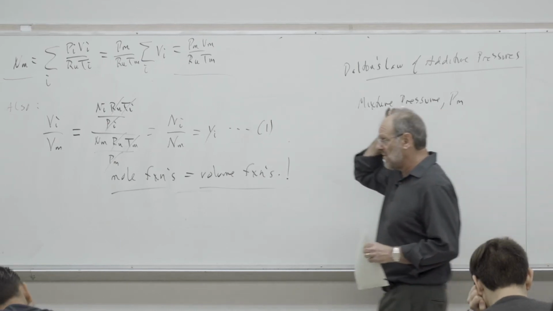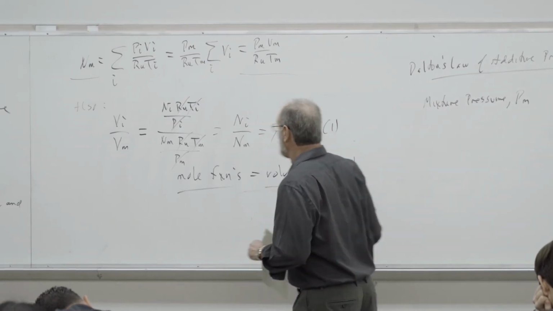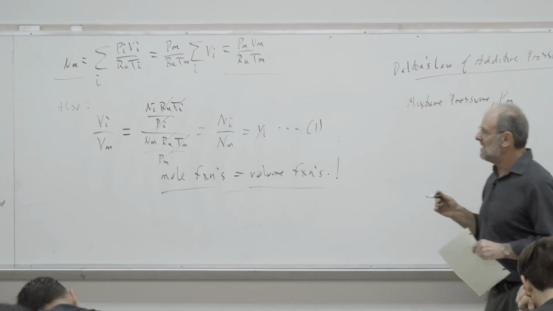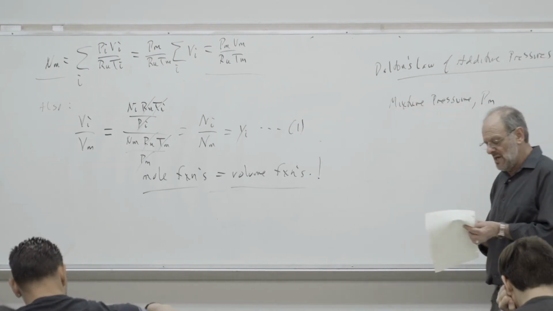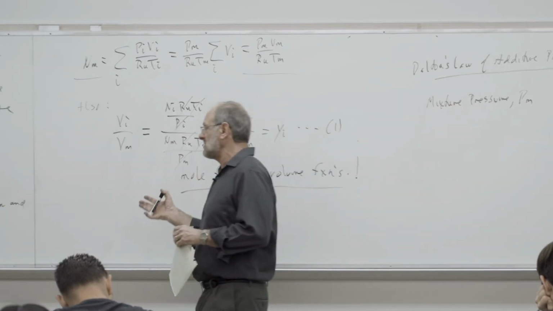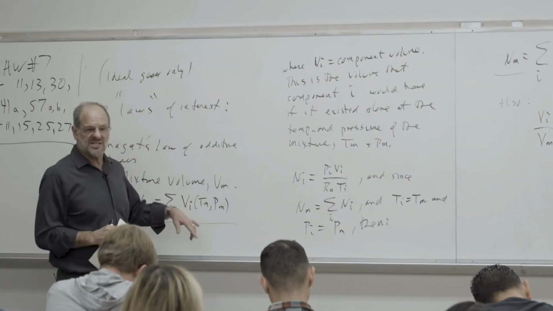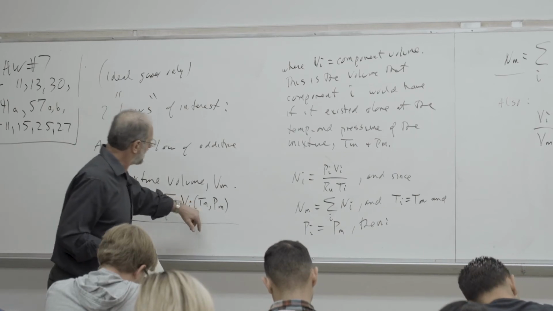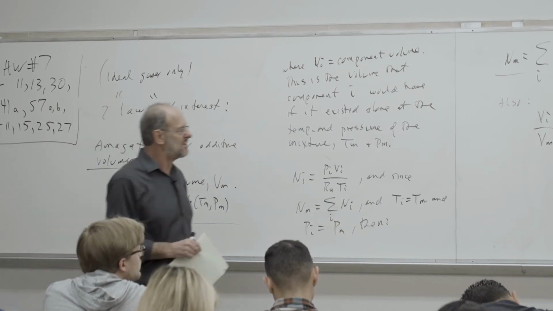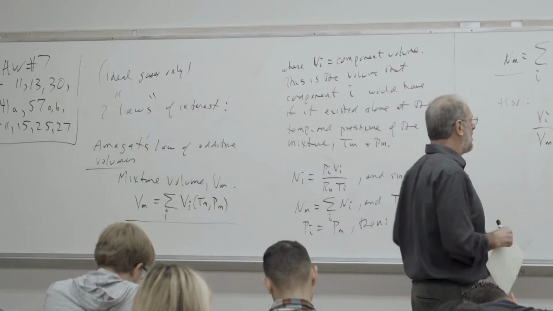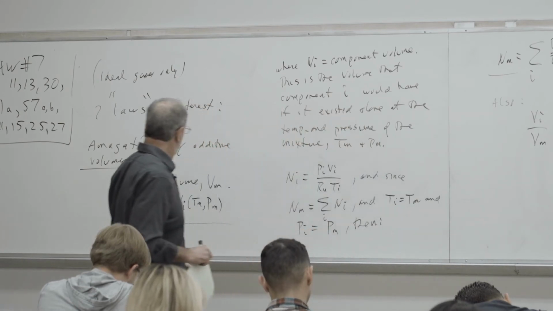And just like we did for volumes over here, we're going to note that in the same way that according to Amagat's law, the volume of each component behaves as if it existed alone at the temperature and pressure of the entire mixture, for Dalton's law, we say much the same thing,